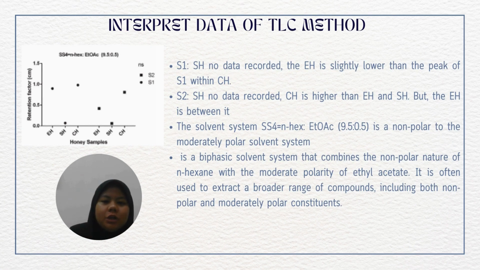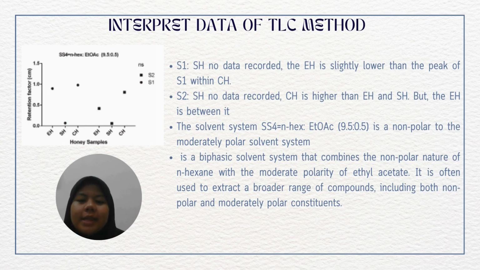Our fourth graph is hexane and ethyl acetate, which is 9.5 to 0.5. In the graph, for S1, CH has no data recorded, and the EH is slightly lower than the peak of S1, which is CH. For S2, CH has no data recorded. CH is higher than EH and SH, but the EH